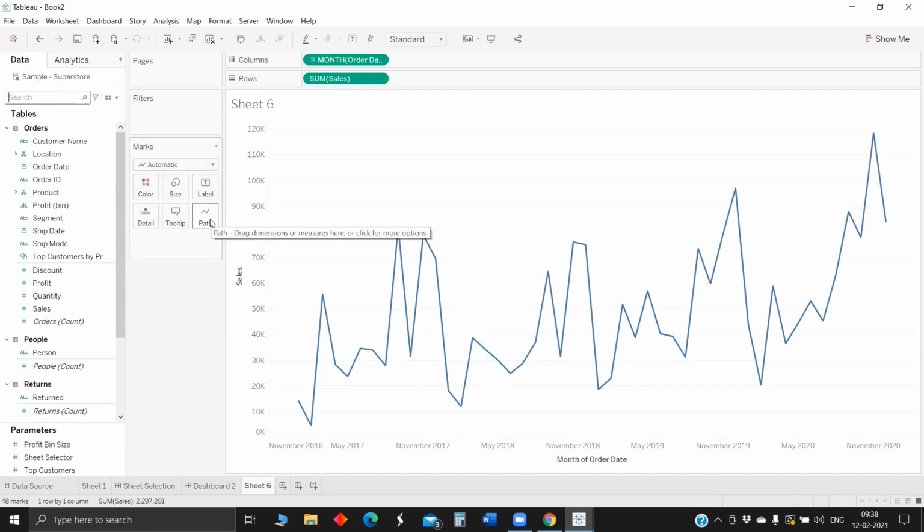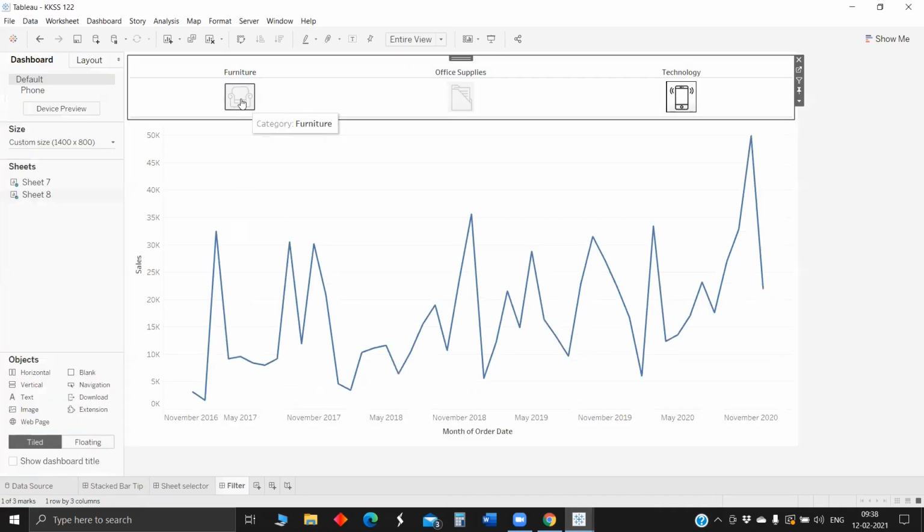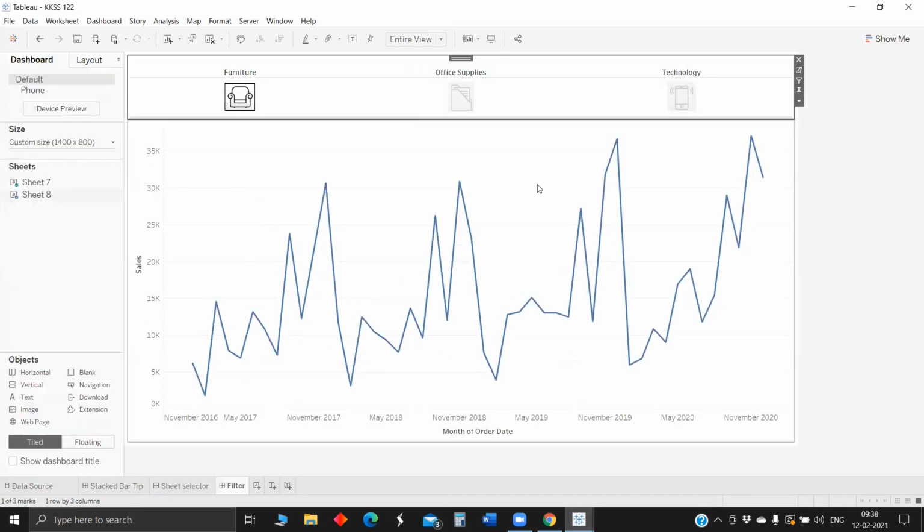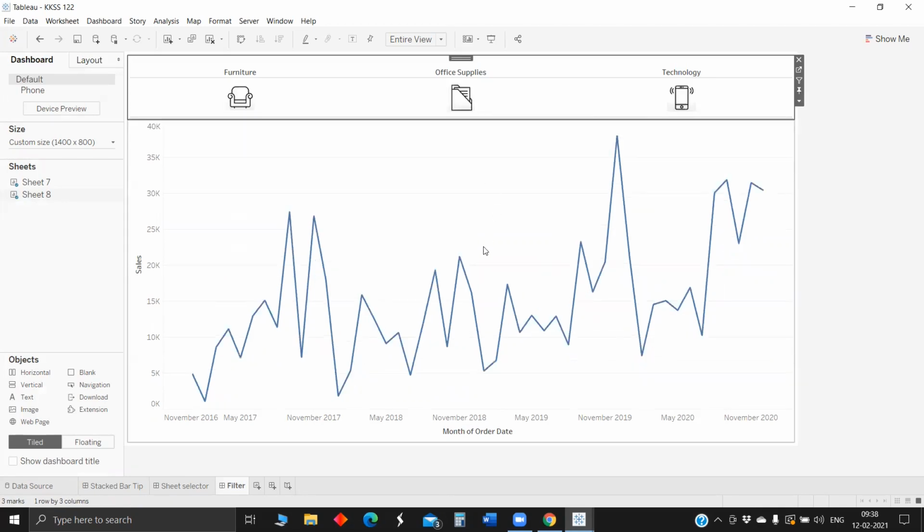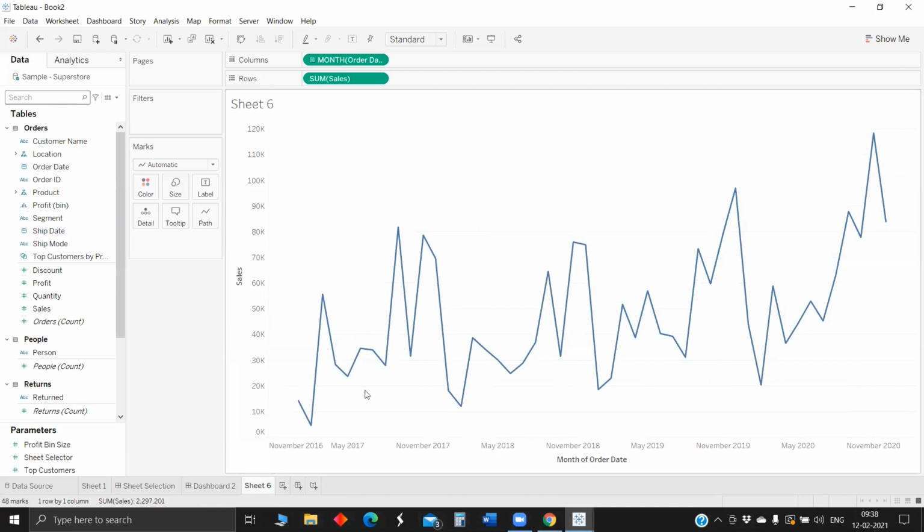We will just see how to, once you select some particular category, which we have seen already here. So here if we select only furniture, the sales across the furniture will show up, and if we select office supplies, only sales trend across office supply will pop up. So we will see how to make this. First we have made this sales across all the categories. Next to do that, there are 2 ways. One is parameter selection and the other one is set values. Since we have already explored how to use parameter and use this icon, here we will try to explore how to achieve this by using set actions.